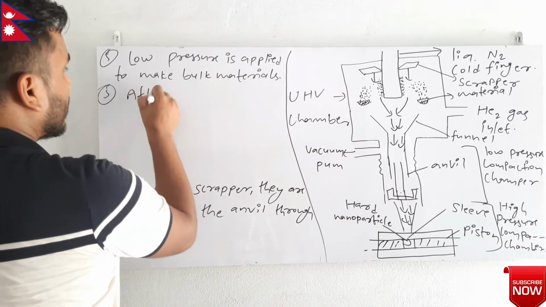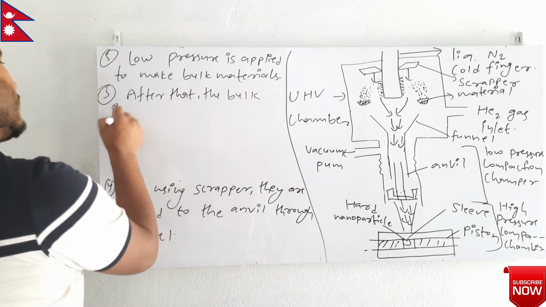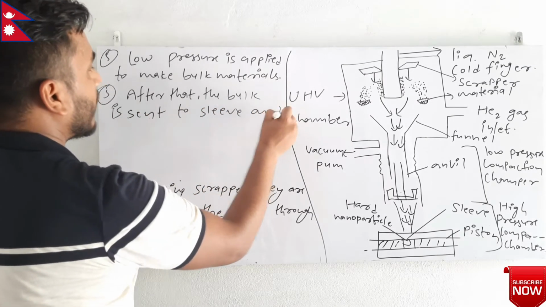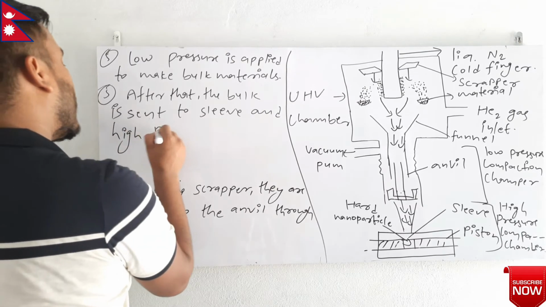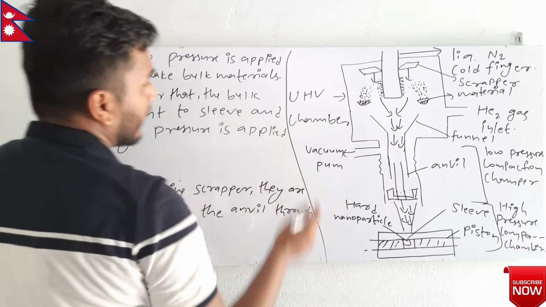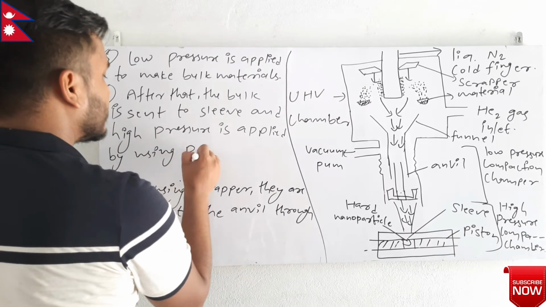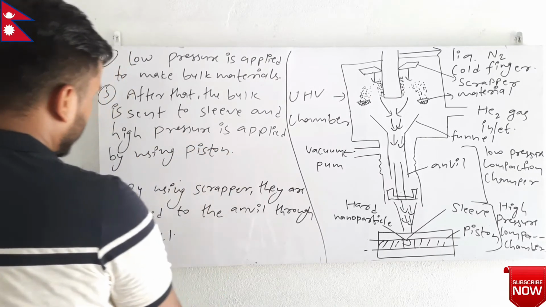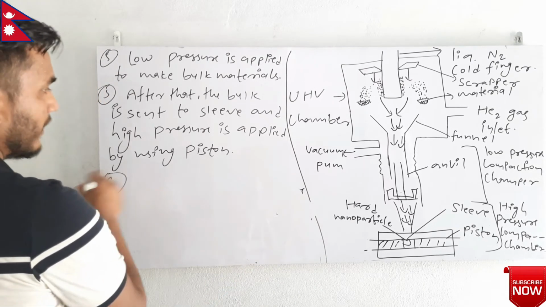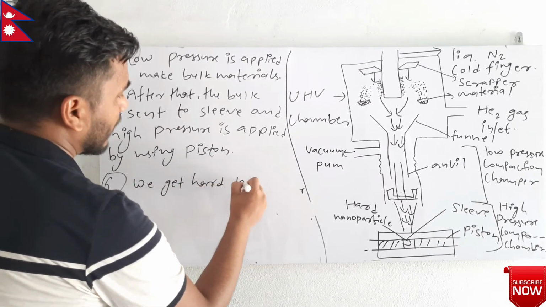After that, the bulk is sent to the sleeve and high pressure is applied by using the piston. Now let me erase this part. And in the sixth step, we get hard nanoparticles